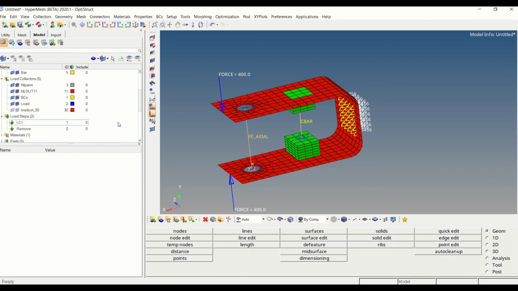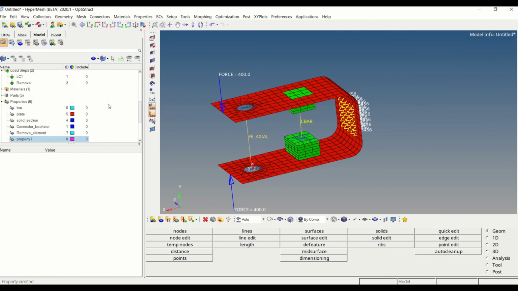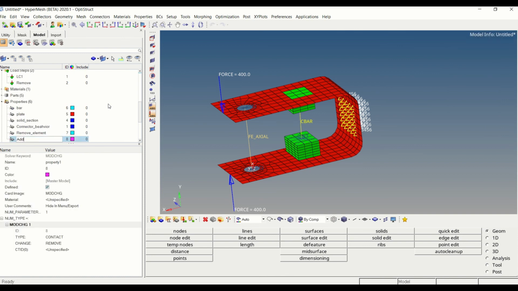So this is how we can remove these elements from the model. If we want to add these elements again in the next load case, again create a model change property. Let us give the name as add element.